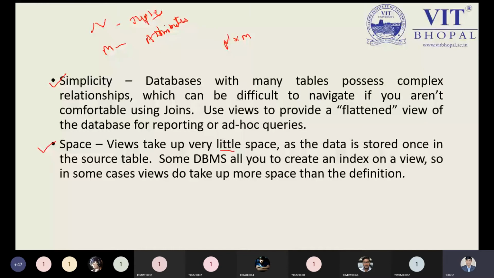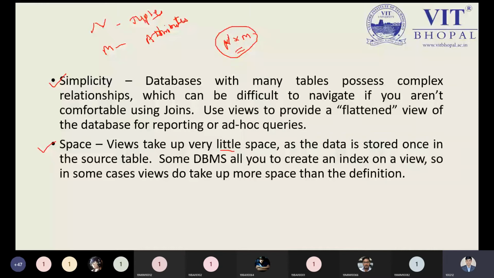This is the total number of data values required, and each and every data value needs to be stored somewhere, in the table, of course, because each data value comes with a data type. It could be string, character, integer, or decimal format. So according to the data types, at least n into m data values are required.